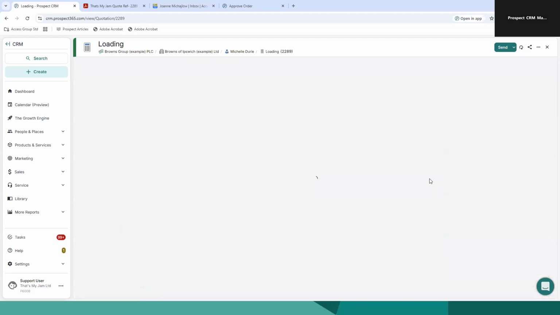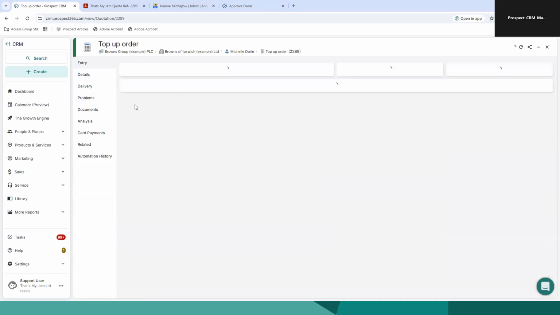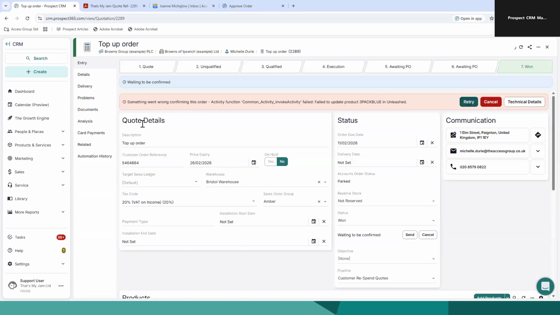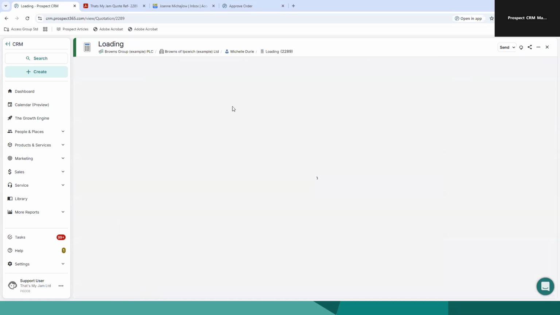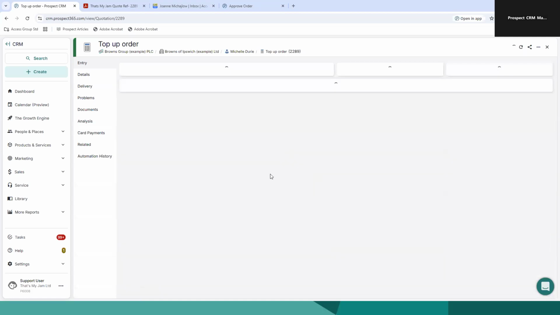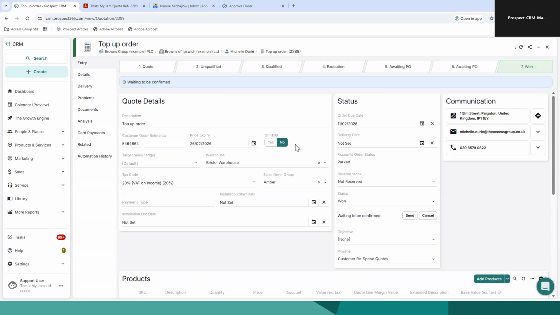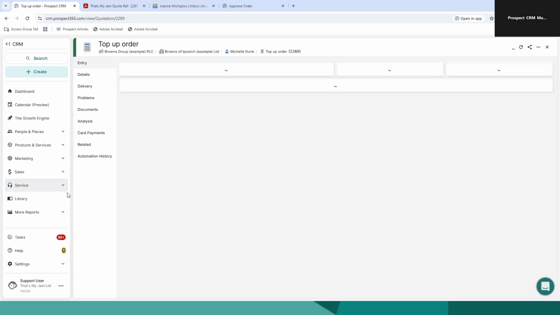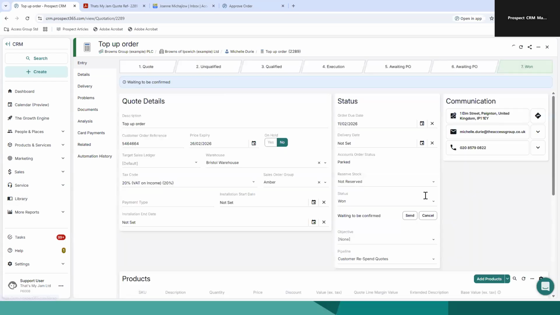Let me just quickly refresh that for you. And you can see it will provide you a confirmation saying, maybe we'll do a bit of a retry since it's a fictitious company. Sometimes we do have some data integrity issues, but I believe it's worked out right now. You can see waiting to be confirmed. And soon it would say quote confirmed and sales order taken. That's eventually the next step, but you guys get the idea of how to process a quote nice and easy